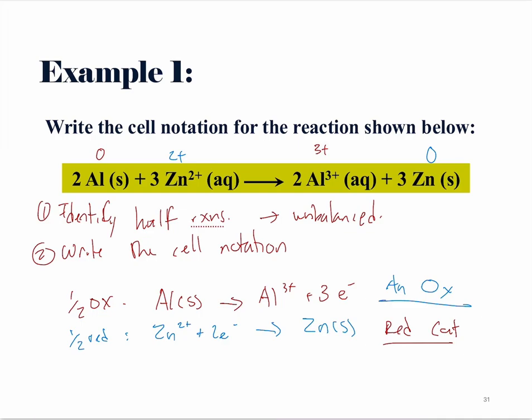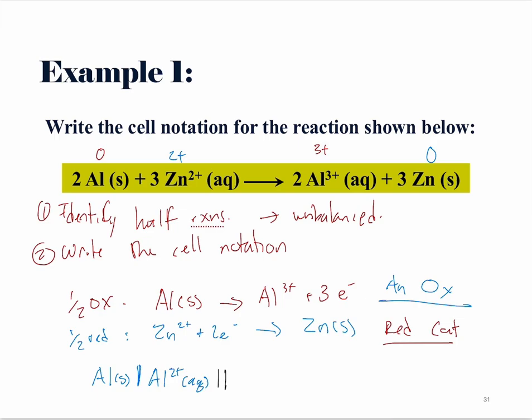So the way we write our cell notation is we write our anode first. So we have aluminum solid, bar, aluminum 2+ aqueous, separated by a salt bridge. I'm going to draw that in black just so you recognize that that's drawn in black. And sorry, this is not a comma, this is a bar as well,